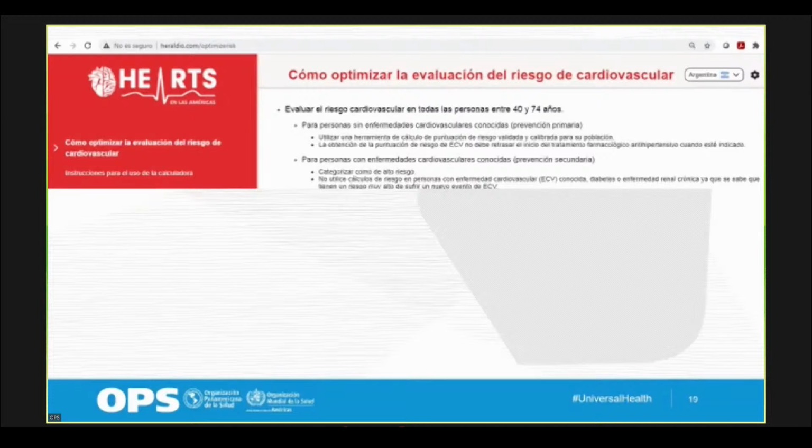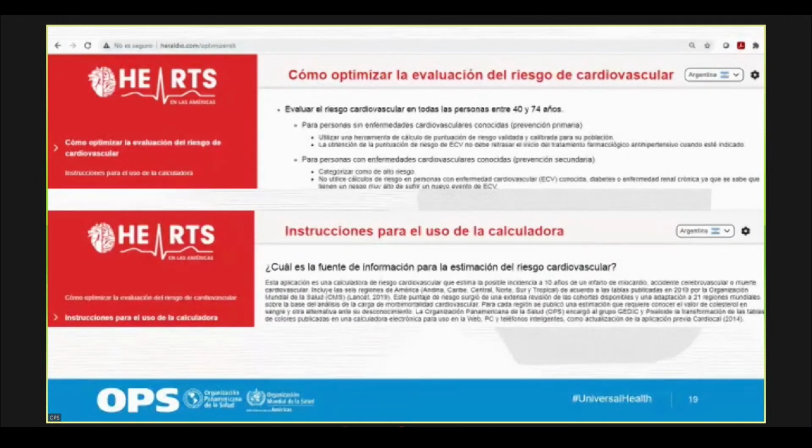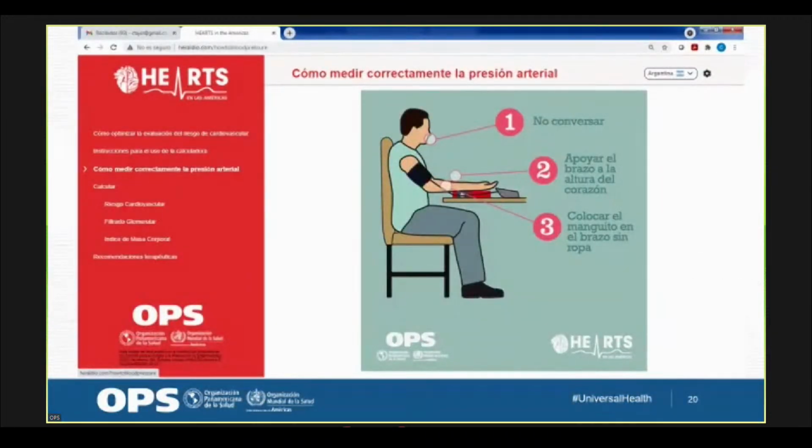One, it says how to optimize this evaluation of cardiovascular risk, and then the instruction for the use of the calculator, and the meaning of cardiovascular risk. And also, it has an orientation as to how to measure blood pressure. This is a bilingual